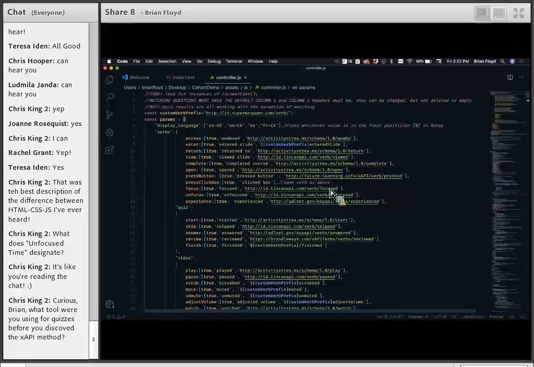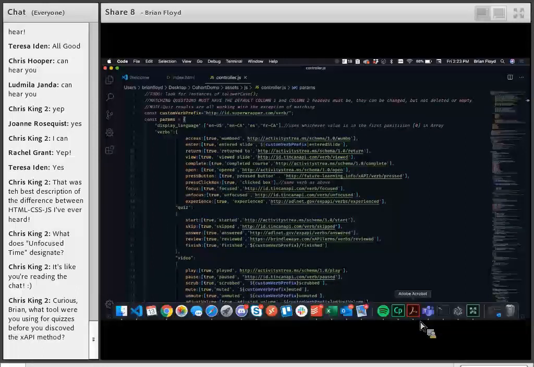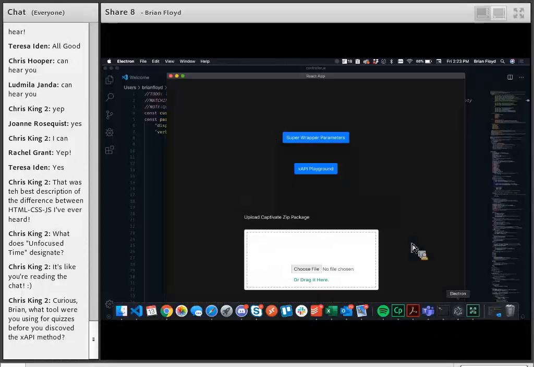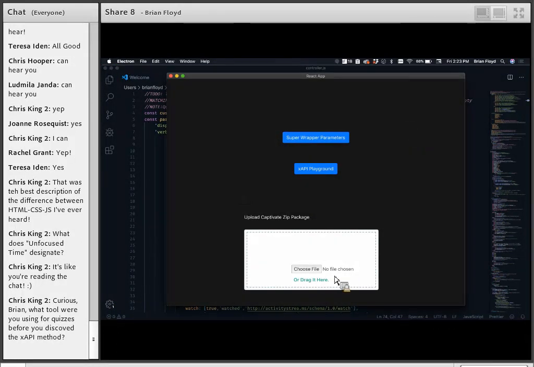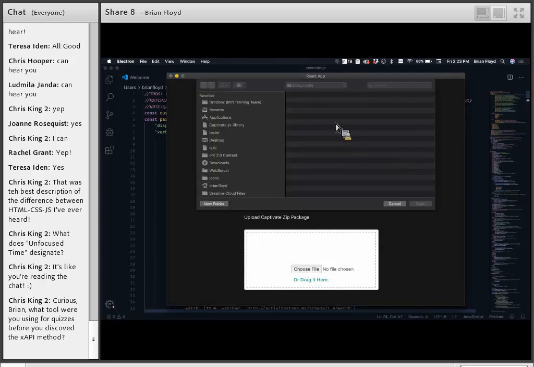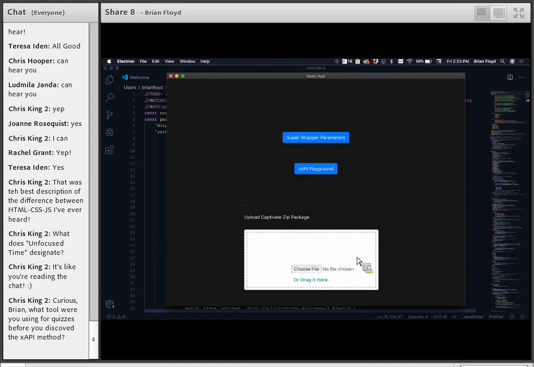But I know to some people this is still very codey. I mean, there's a lot to look at here, and it seems really straightforward to me. But I remember the first time I looked at this stuff, I'm like, I just don't understand. There's a whole bunch of words and brackets, and I don't even know what's going on here, right? So if you feel like you're in that boat, the next step of this project, once it's well vetted and I'm sure that all the bugs are mainly worked out of it, I've been working on an Electron app. And that Electron app will allow you to, at some point, just take your Captivate publish package, and you'll just be able to say, I choose this file, put in my zip package, it'll drop it in there. And then from there, I'll be able to go into the super wrapper parameters and manually set,